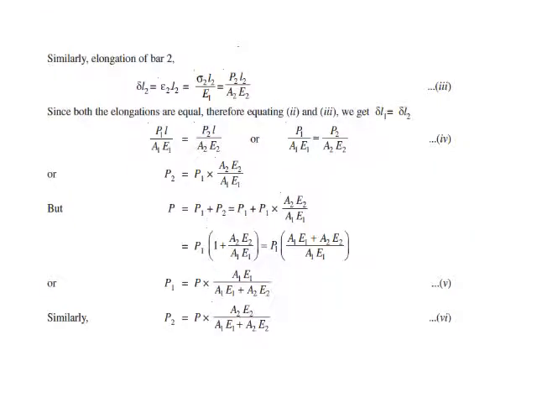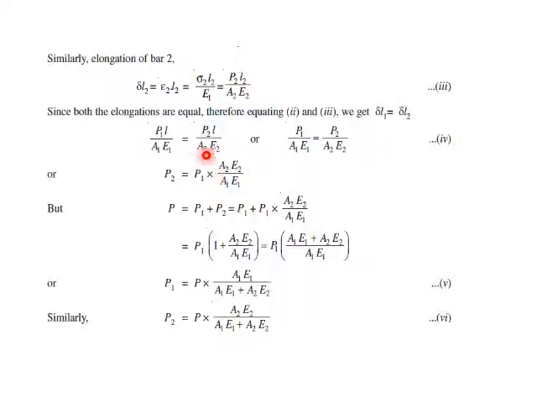Whatever I have done for section 1, I can do similarly for section 2 also. Delta L2 is equal to P2 L2 upon A2 E2. So whatever we did in the previous slide, the same thing I can carry out for section 2. As I have already stated in my previous slides, deformation in both the materials should be the same, right? So I can say delta L1 is equal to delta L2, correct? So I can write PL upon AE for element 1 is equal to PL upon AE for element 2. Observe carefully, the lengths of the two members were the same in my case.